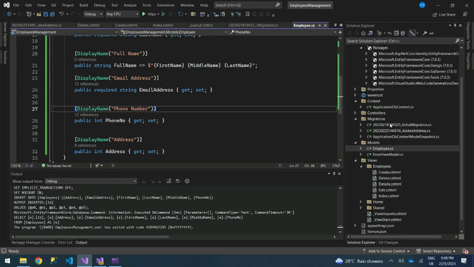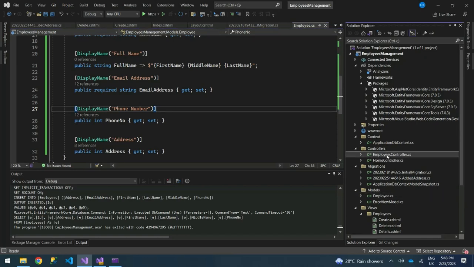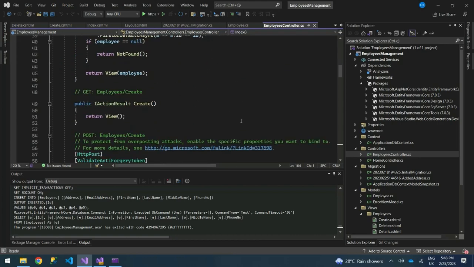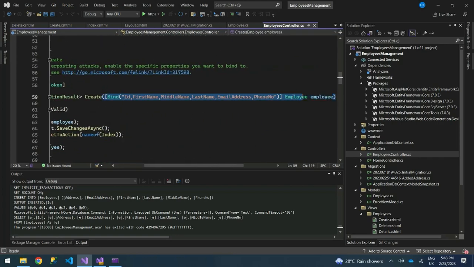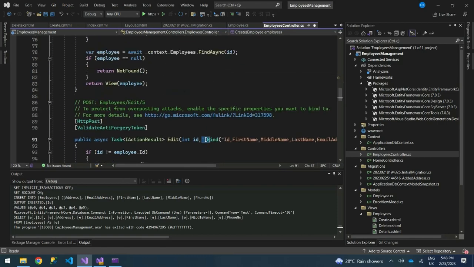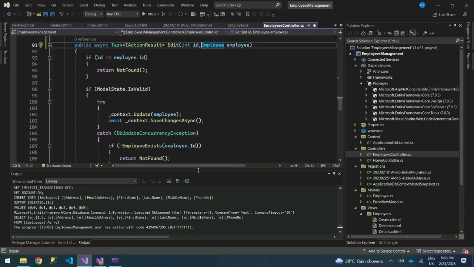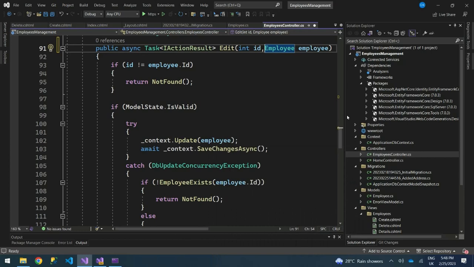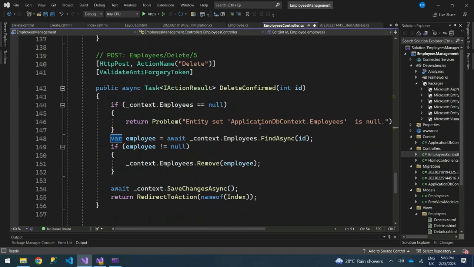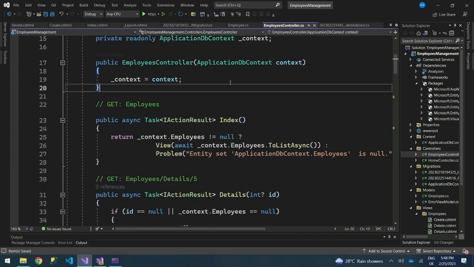So let's come to our model, our controller. So come to controllers, then employees. So on the controllers, you can see it is actually specifying the field. So we can actually remove this. We can also remove this binding. We just leave the model there. So this is how, let me zoom in. So this is how it is. So I think that is now okay. So if we try again,